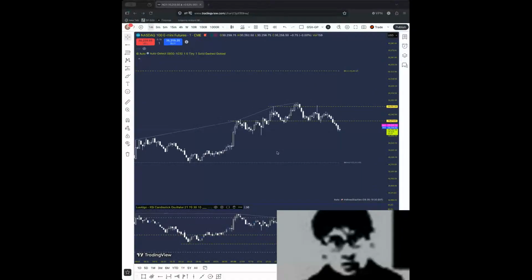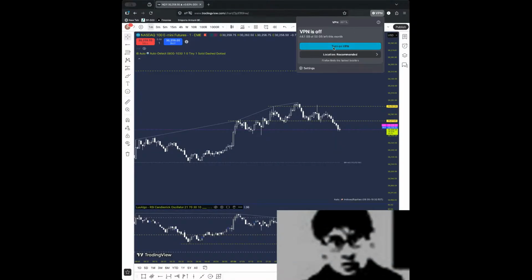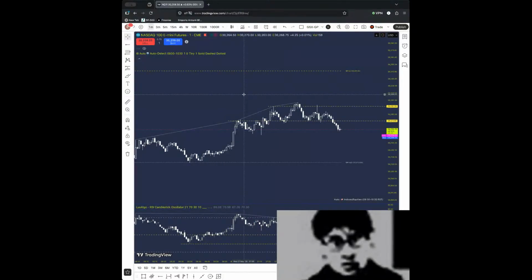When we have more flat periods like right here, there are fewer sell limit orders, so it's easier for a buyer to move the price. But then we also have the walls like right here. That means we have lots of sell limit orders. It's hard to show because the market is moving all the time, but I hope this was a good, simple live demonstration of how the order book and depth of market can